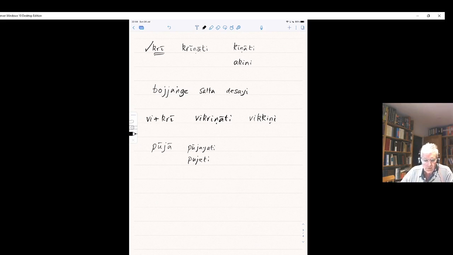Now, moving to the plural, it's halfway down page 67. Kings wandered in the islands. Bhupala dipesu charimsu, this characteristic imsu ending for the third plural. And this is one of those verbs where you can either have or not have the augment in the aorist. So bhupala dipesu charimsu, or acharimsu, both equally correct. No distinction at all in the meaning.